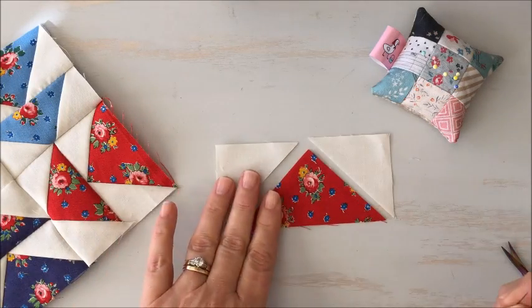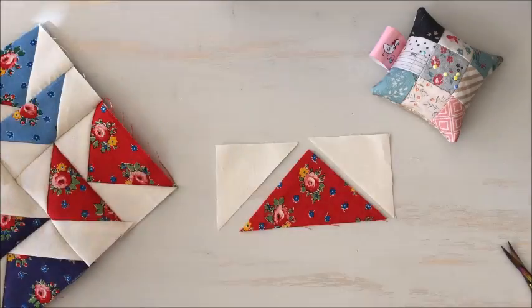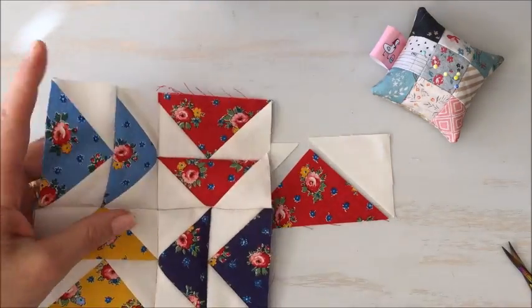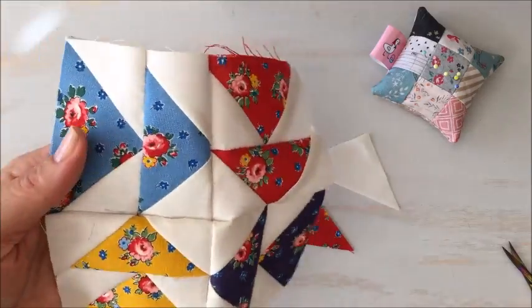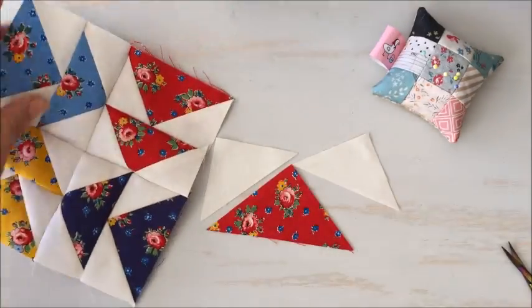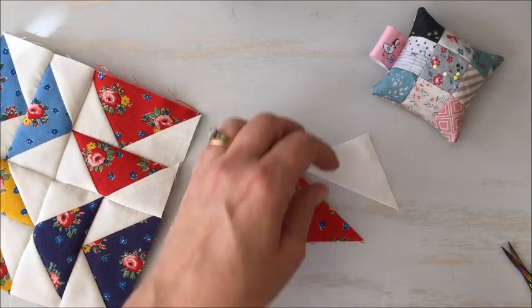Today I want to show you how to make a flying geese unit with the hand piecing method. This is the completed block. This is one that hasn't been ironed yet, so you can see how it looks. I really actually like this little crumpled look. I will press that one later, but we're going to start with